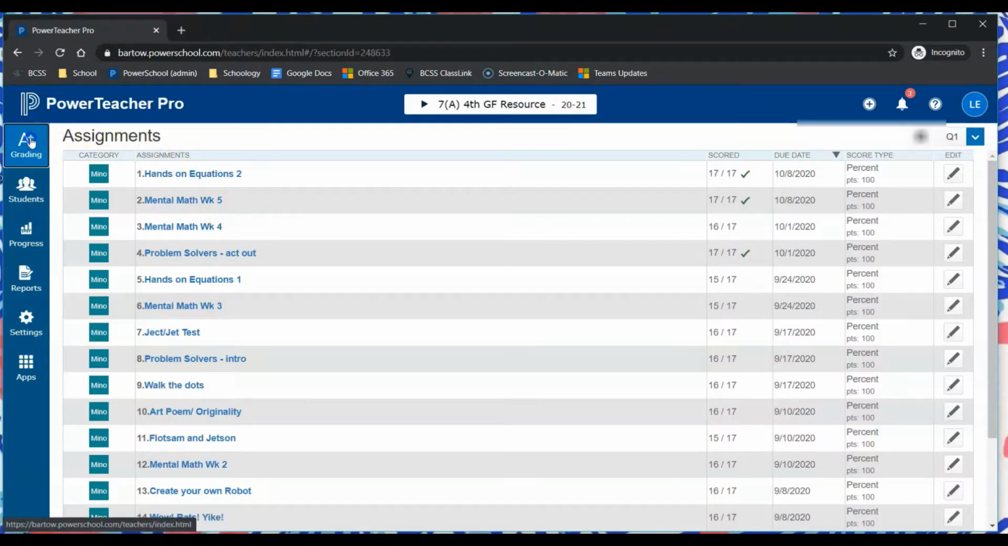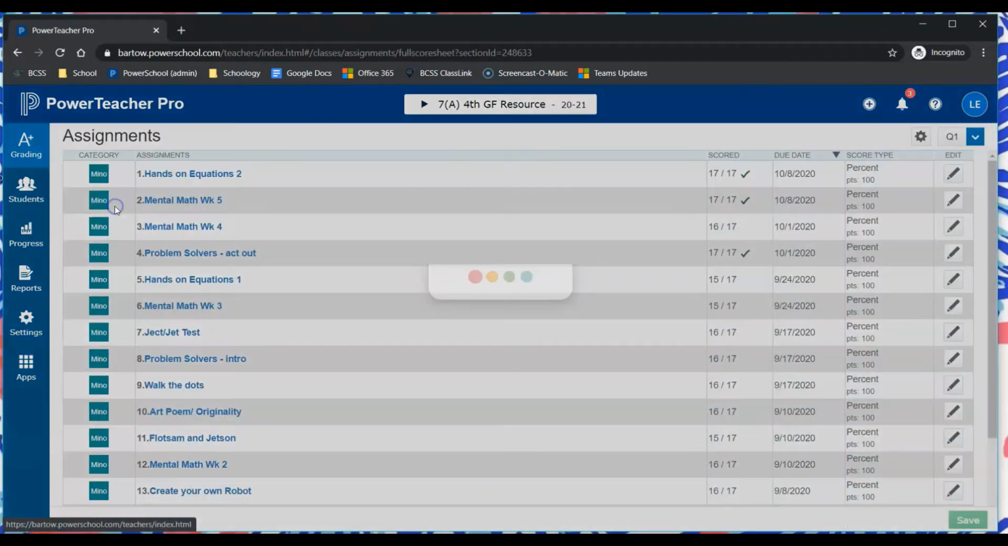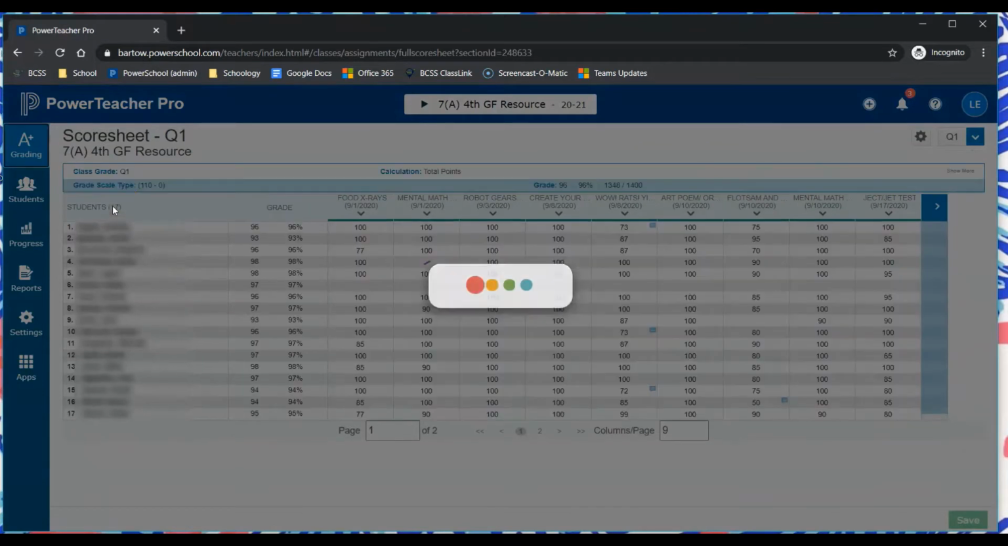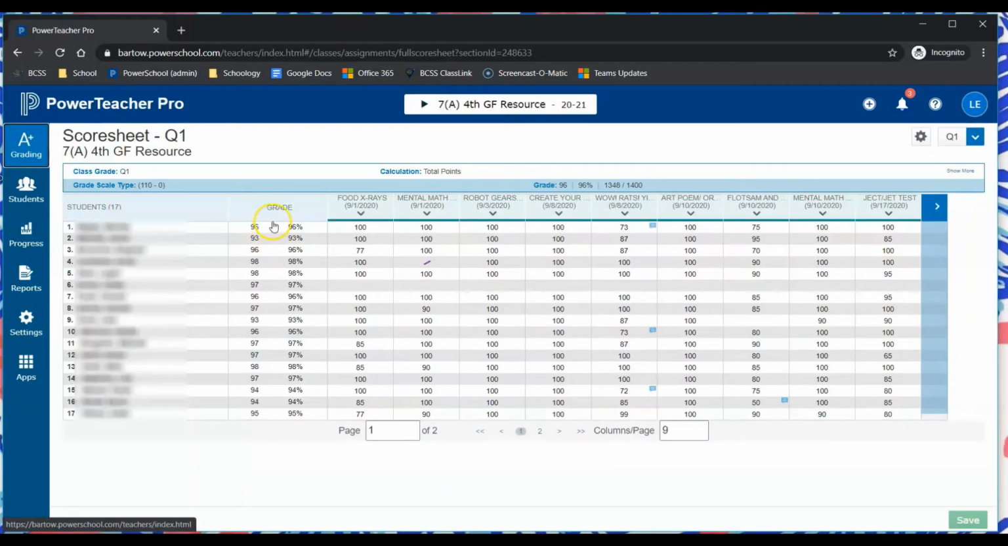and then we want to click on grading. Click on the score sheet, and here you can see all of your students and all of their grades. You want to make sure that in the grade column, your students don't have anything below a 50. So we'll just quickly look through and see if we have anything below a 50, and we're just going to